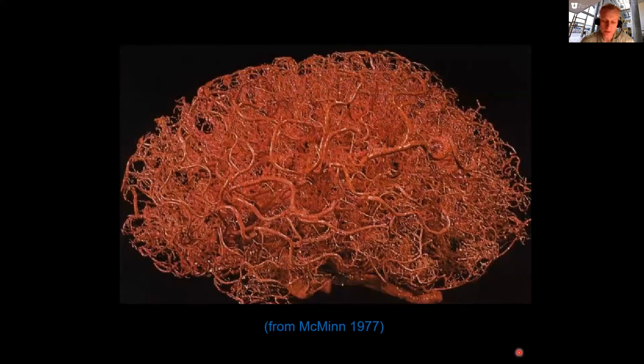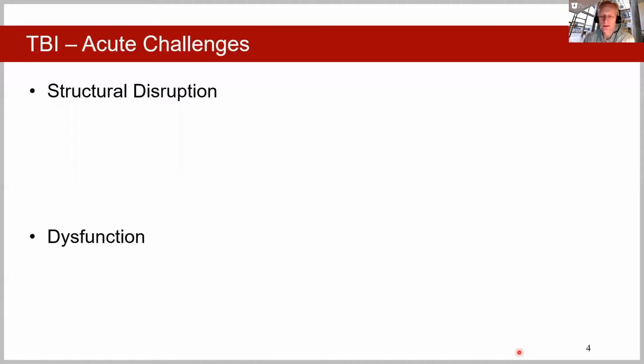So it becomes a matter of potential significance with injury. When someone does suffer traumatic brain injury that includes vascular injury, there are a few things to worry about. The first of those is structural disruption of vasculature. So, right now, let's talk initially about things that you need to worry about right away. I'm going to call those acute challenges, all right? So structural disruption of blood vessels in particular is a common consequence of traumatic brain